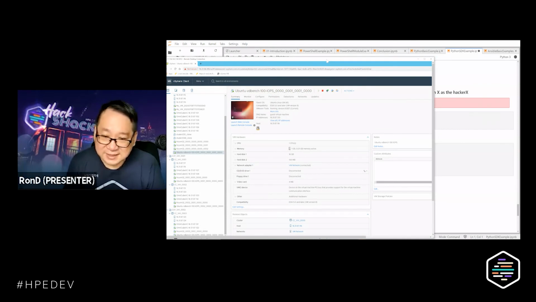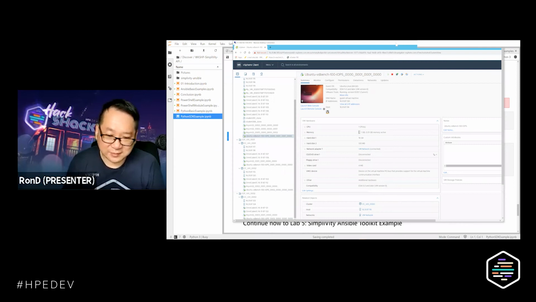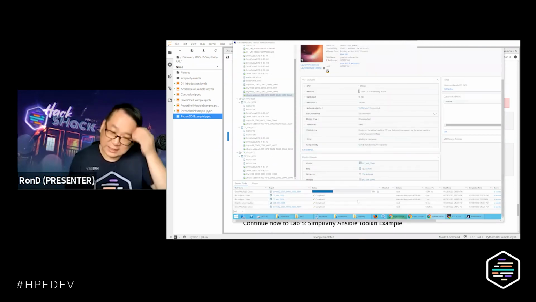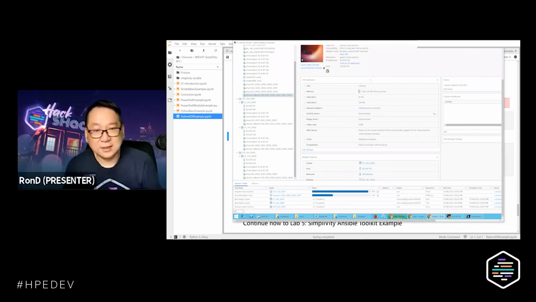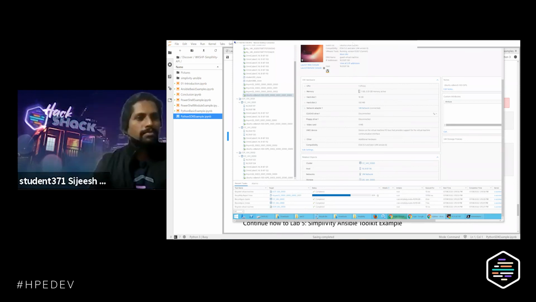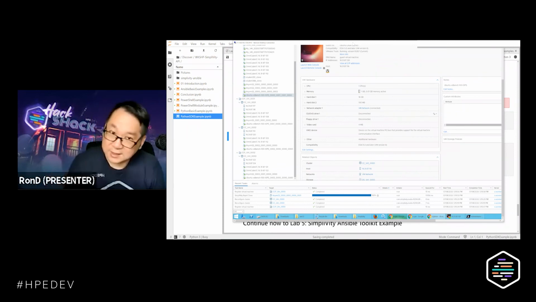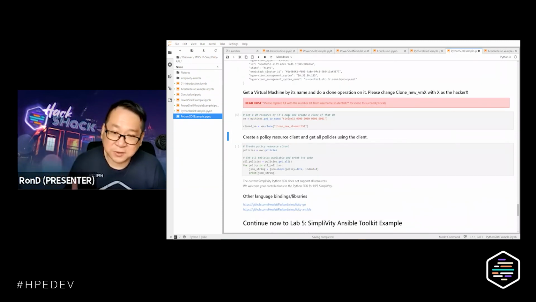Operation continues. It seems to be working continuously in the background probably. There we go. Rapid clone is happening. So we do this on the PowerShell. We did this on the Python. So yeah, don't be scared when your organization decides that we want to standardize on Python. No big deal, because SimpliVity has the modules that can support that type of operation.